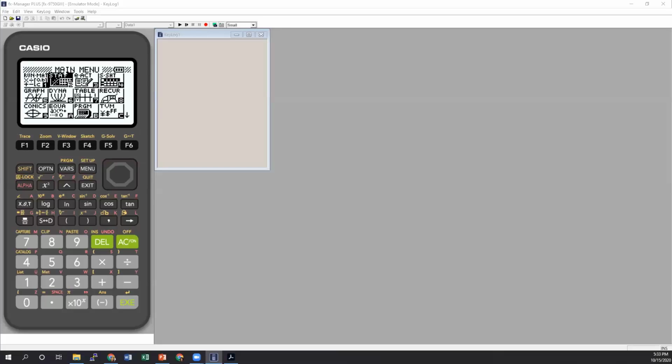So Casio graphing calculators run off of a main menu system. So you use the arrow keys or the number or letters in the bottom right corner to work your way through to the different menu options. So we're going to go to STAT. So that is statistics, which is number 2, to enter our data. So I'm going to put height in list 1 and shoe size in list 2. And we're going to go ahead and start collecting some of the data we have here.